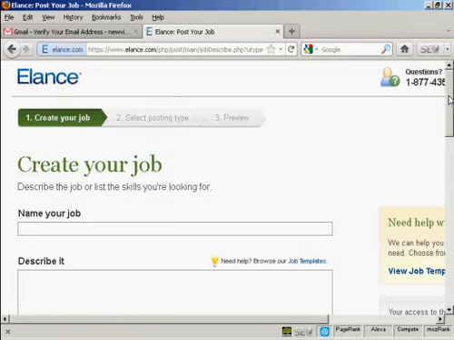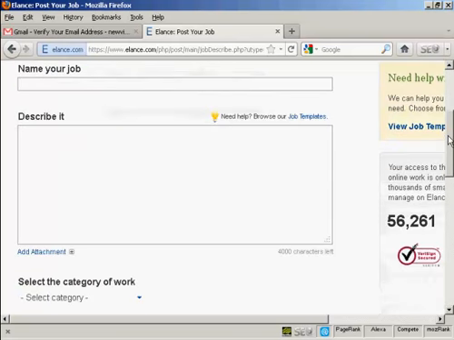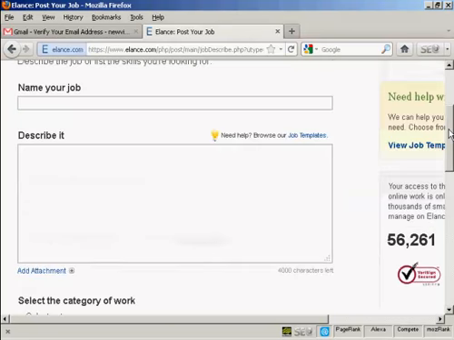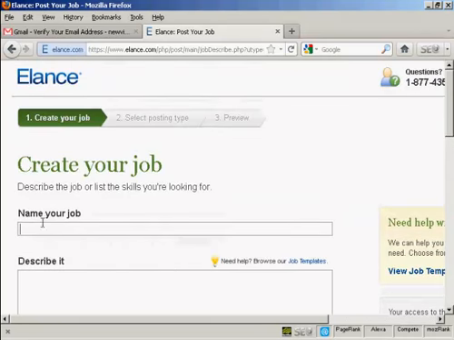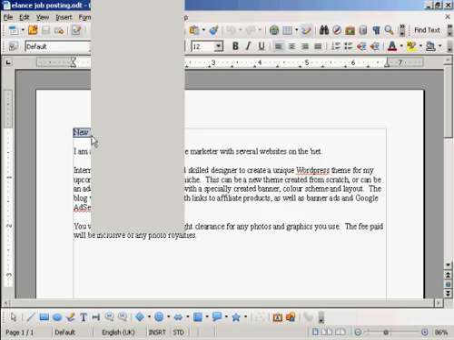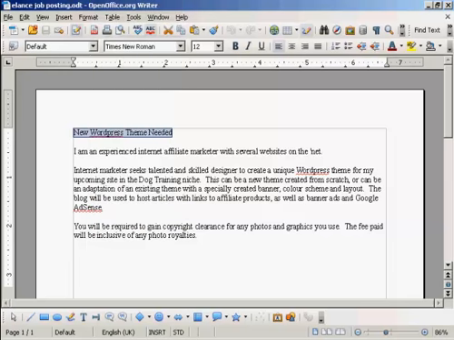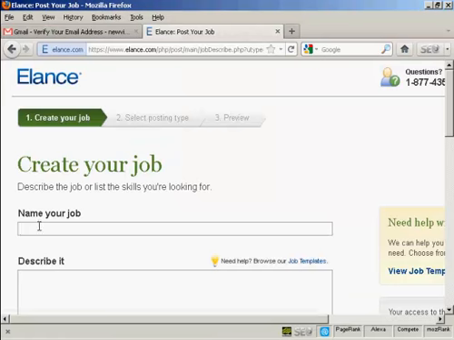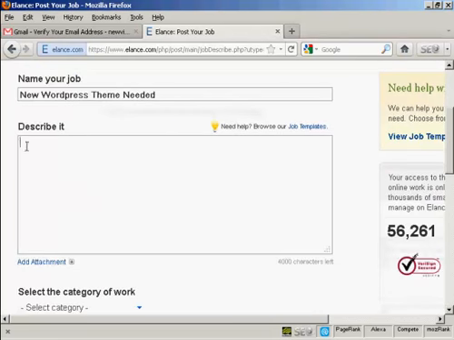And there's a couple of ways that you can do this. The first way is to simply name your job and describe it in these boxes here. This is probably the most popular way of posting a job on Elance. You're best to write it out ahead of time in your word processor like I've done here. So this is the job that we're going to post. New WordPress theme needed. So I'm going to highlight all this one paragraph at a time and copy that so we can put that in,